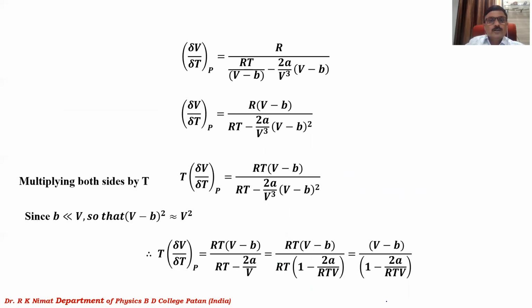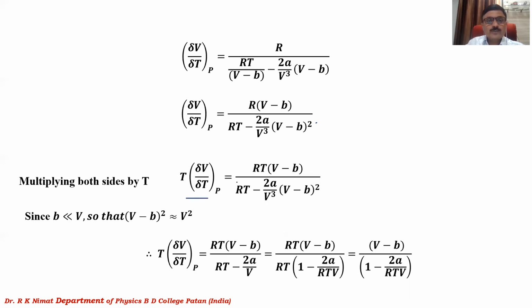So now I can take V minus B as the LCM of these two terms, so that I can write this as RT. So this will be V minus B, it will come to the numerator. So R into V minus B whole divided by RT minus 2A divided by V cube into V minus B square. And now multiply both sides of this equation by T, you will get T into delta V by delta T